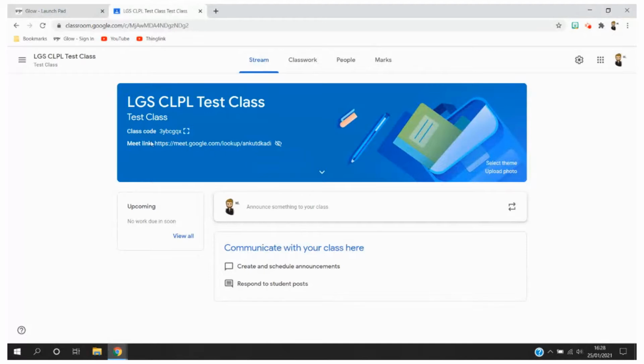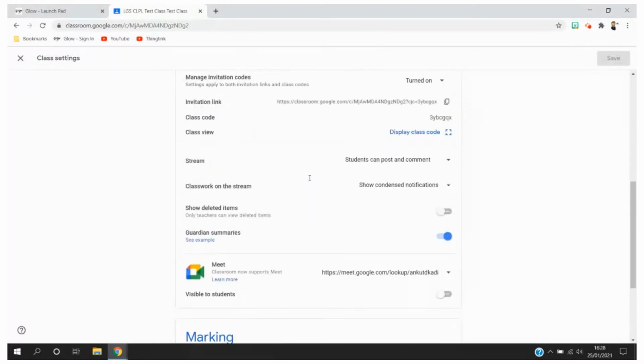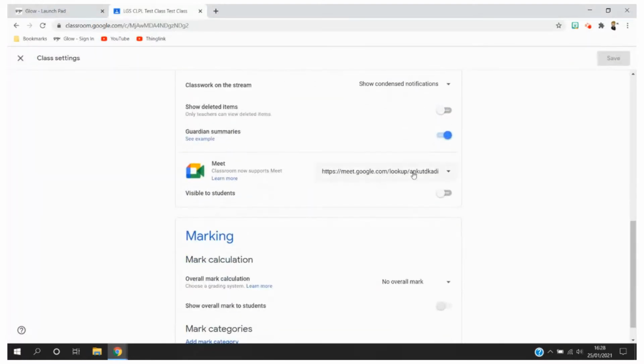So this might not be here when you first log into your class because you need to generate the Meet link on the very first occasion. Let me show you how to do that. In your classroom, come up to the settings wheel in the top right and click on there. Scroll down to where you find Meet. Now where I have got the Meet link, you might see a button saying Generate Meet link. If this is the first time you've been in to do this, click this and this sort of link will